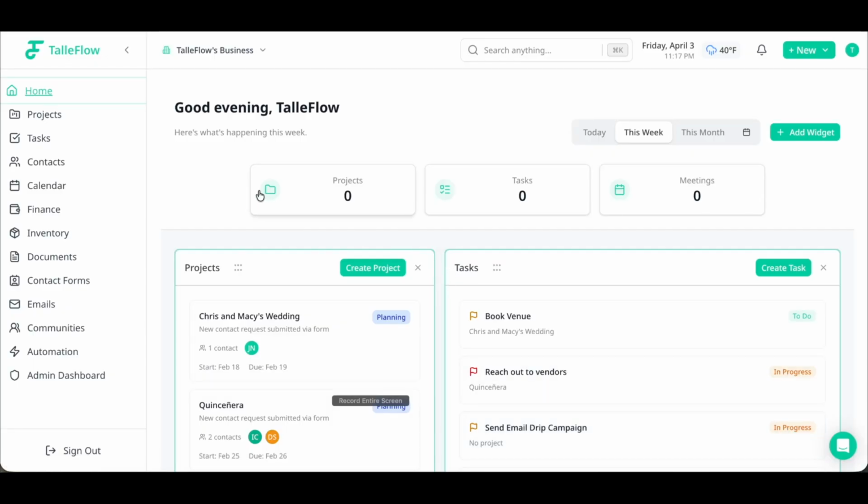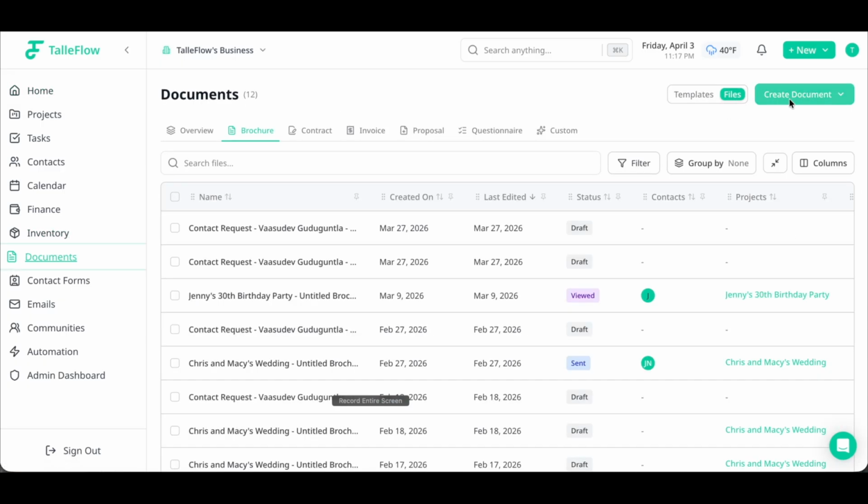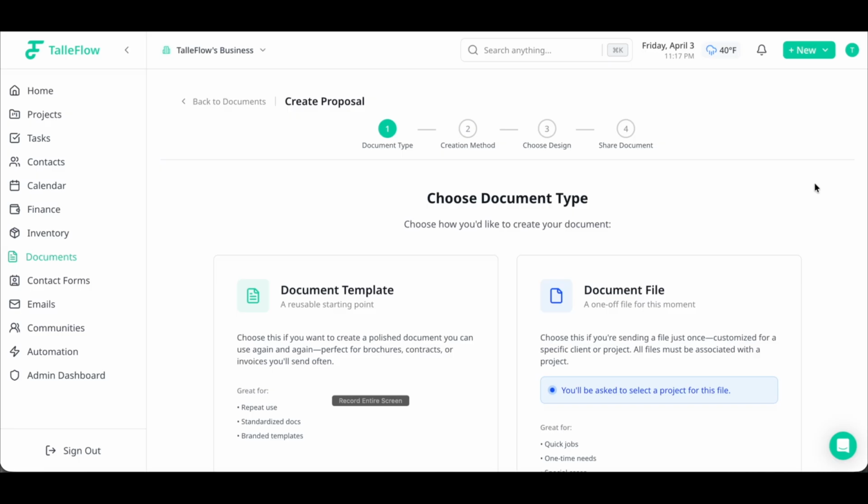I'm going to show you guys how to create a proposal in this video. So what you're going to want to do is go to Documents, create a proposal. A proposal is basically a combination of an invoice and a contract or service agreement. It's kind of like the final thing you send to them before you get booked, right? You want to get under contract and send an invoice for them to actually